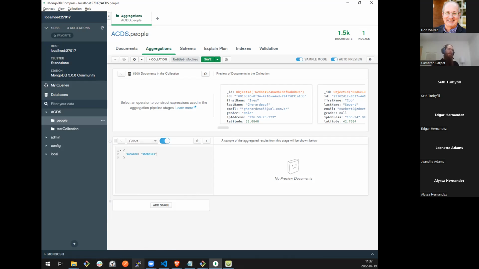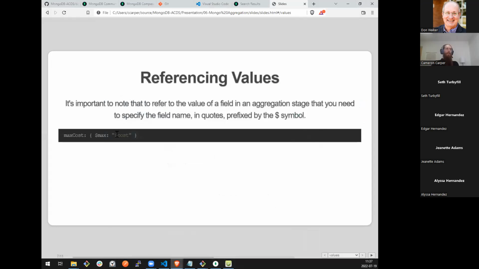And in the example on my page here, I was doing a grouping with a max of cost. So if we grouped 30 items, we would then be creating a new property named max cost, and that property would receive the value of the document that had the highest number assigned to the cost field, or the highest value assigned to the cost field.